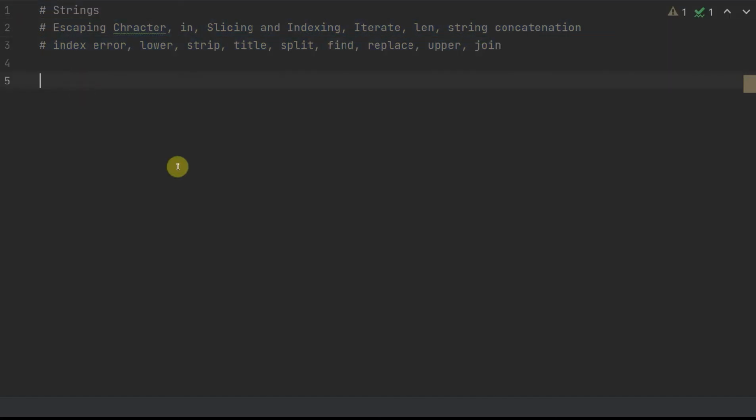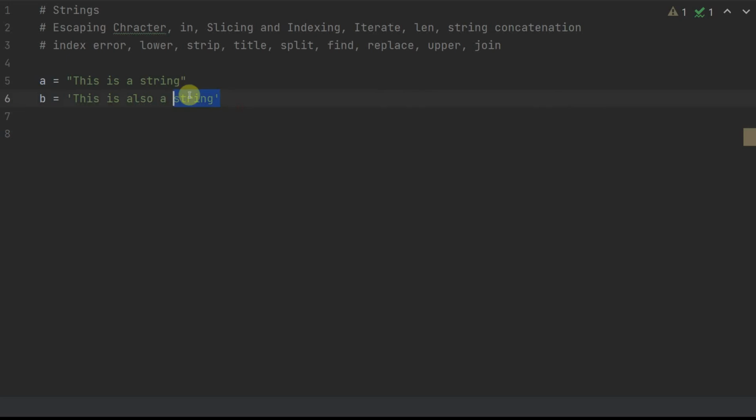If you don't know what strings are, I would strongly recommend going back to the video list and looking for the strings video. In general, strings are any textual information that we give enclosed by single quotation or double quotation. So this is a string, right? And it could also be a single quotation string. So this is also a string. And that's how we write textual information in Python.